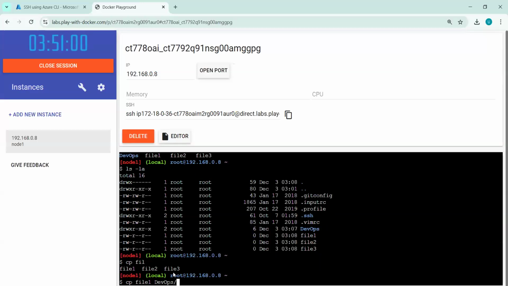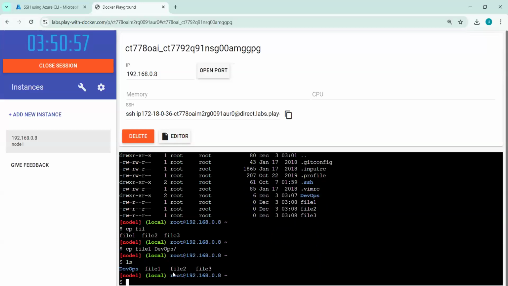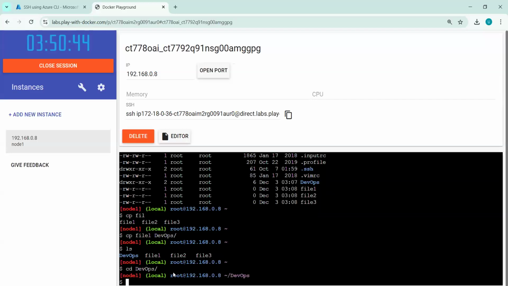So cp file1 DevOps, press enter and see ls. And now here I want to see whether the file is available or not. So I can go inside that folder using the command cd. cd stands for change directory, cd DevOps, and then again I need to do ls.